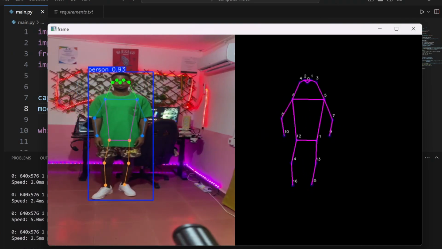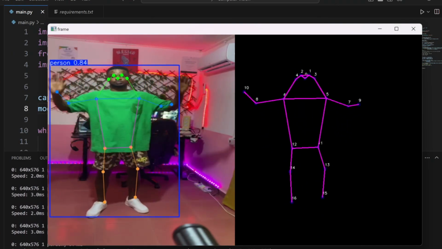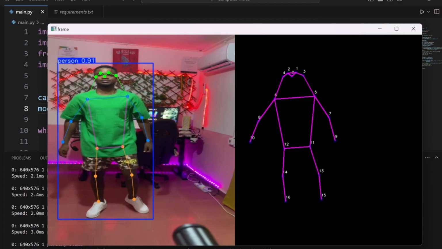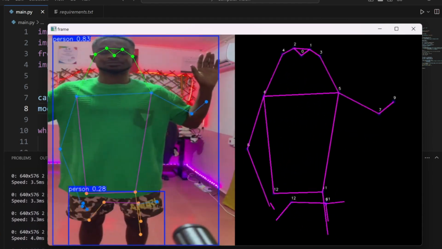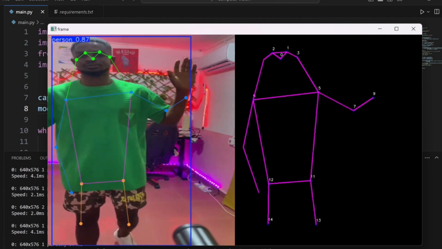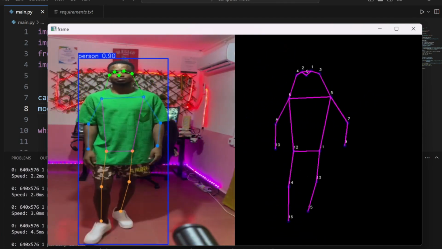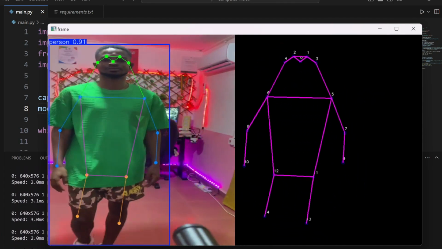In this tutorial, we'll be recreating exactly what you are seeing on the screen. We'll be using technologies such as AI, Python, and computer vision. This tutorial is going to be a lot of fun and you will never regret watching and practicing this on